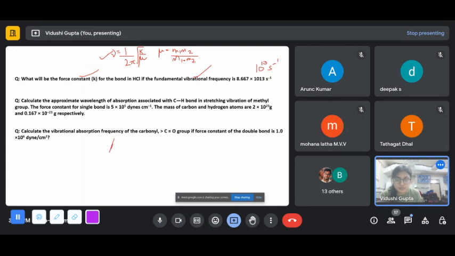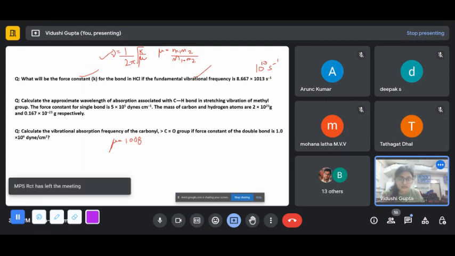So for mu, what's the mass of hydrogen? It will be approx 1.0078, or you can write directly as 1.008, multiplied by the mass of chlorine, which will be approx 35.5,